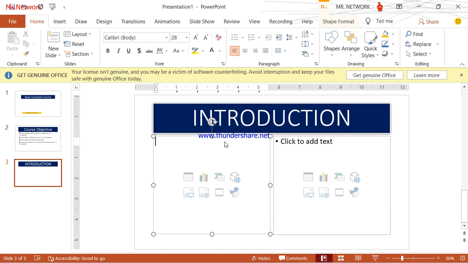So let's start by doing the first one. Now let's see what is a computer. So computer: an electronic machine used to solve different problems. So we have to write the text accordingly. So an electronic machine used to solve different problems